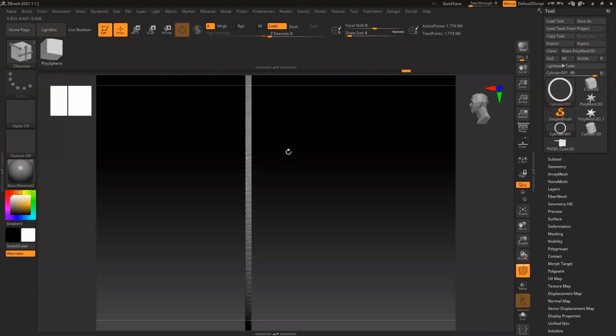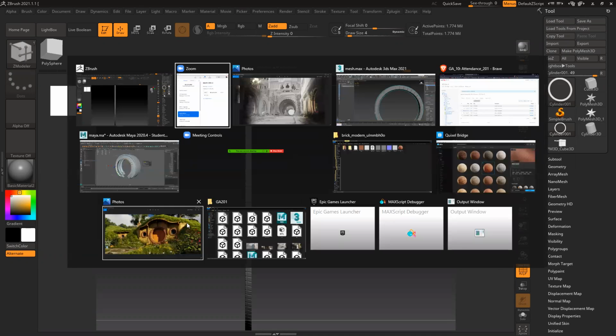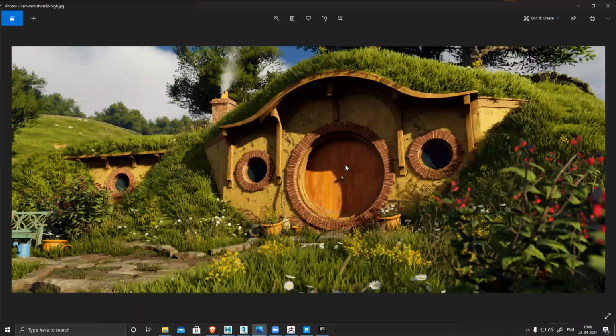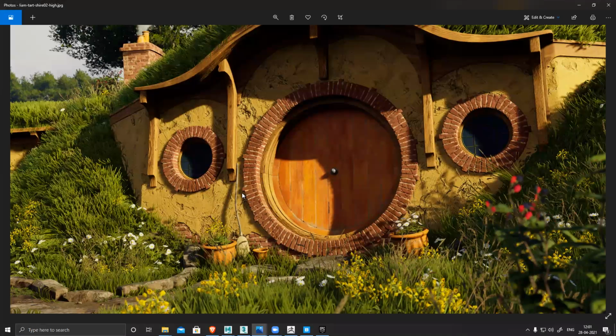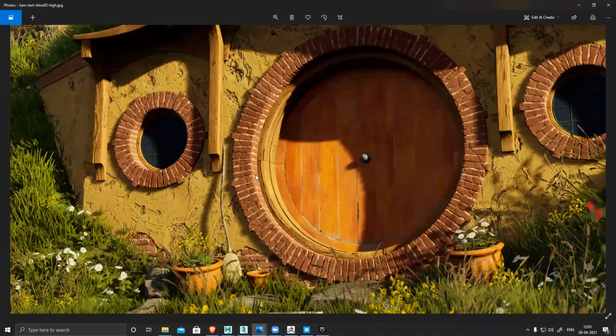Keep it one single solid object. Because sir, in the actual reference itself, it is not actually joined; in the reference it is set up as two separate pieces. Sir, if you see, there is the door, after the door there is a wooden panel, and after that comes the brick piece, and the portion inside the door is the same setup. So basically this is one single side and the same thing repeats again inside.